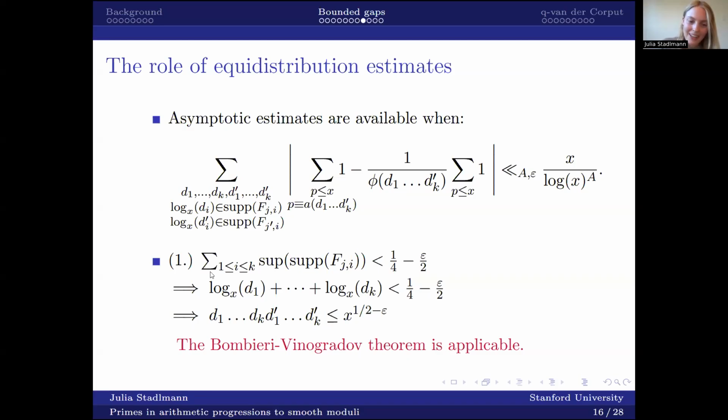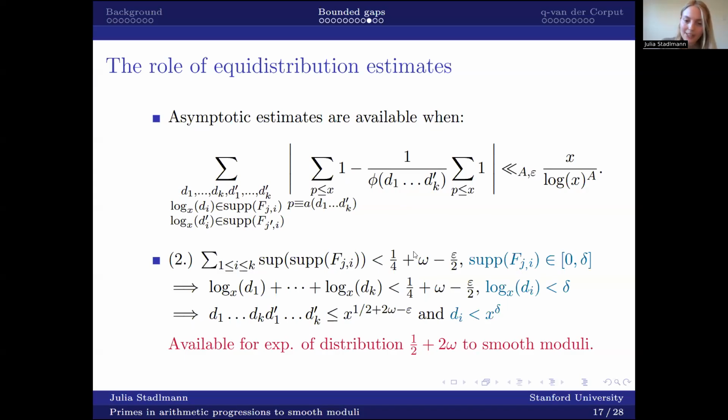And of course, our hope is that if we have a larger range for the supports, so a larger available space of functions F_{G,I}, then we're going to get better results in the optimization problem. So instead of having the 1/4 from the Bombieri-Vinogradov theorem here, we would like something larger than 1/4. And this is where we can use equidistribution estimates for smooth moduli, because instead of 1/4, let's say we use 1/4 plus omega. The problem is then we don't have the Bombieri-Vinogradov theorem,